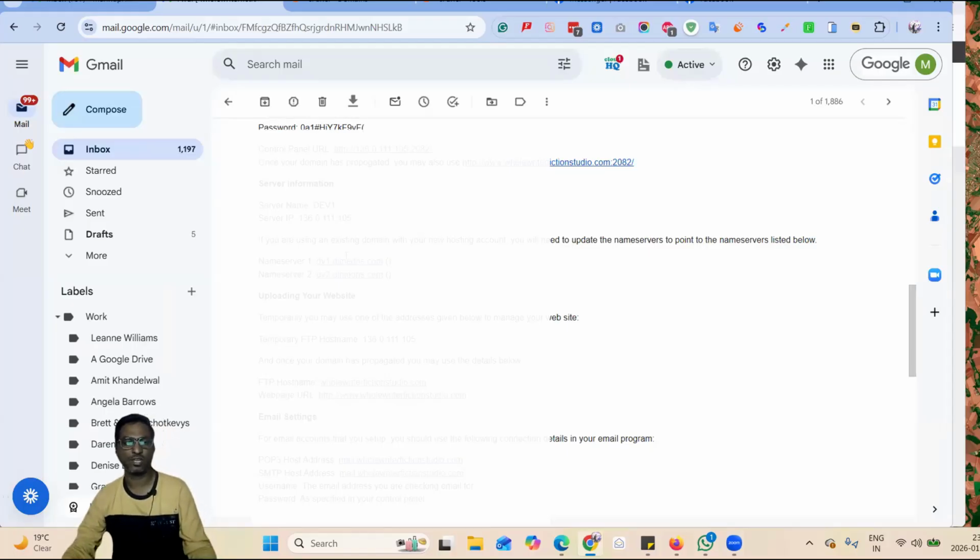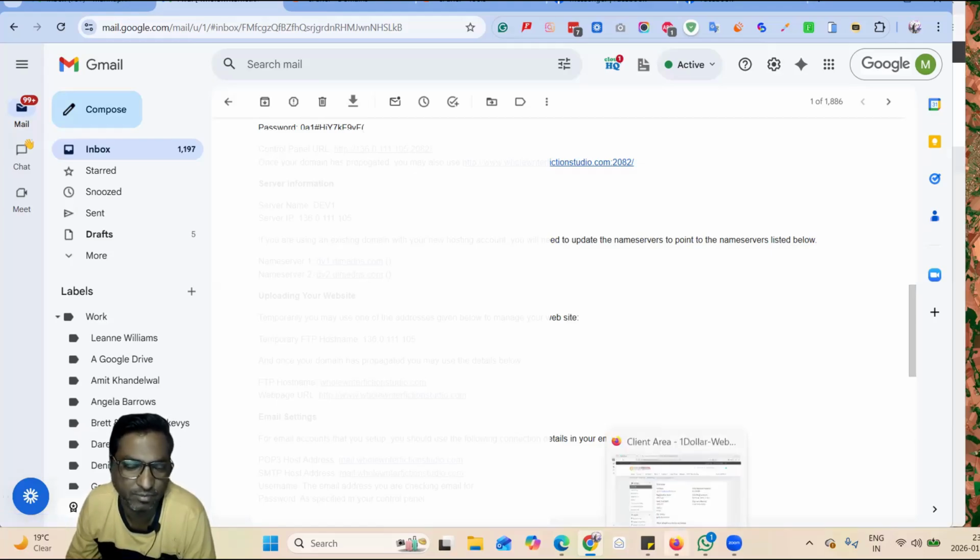Okay. So they provide you a couple of name servers. Sometimes it could be two, it could be three, or it could be four, not one. It should always be two, three, or four name servers. Most of the cases you get two and four. Very rarely you will get three name server options. So these are the two name servers, and what I did, I copied these two name servers and